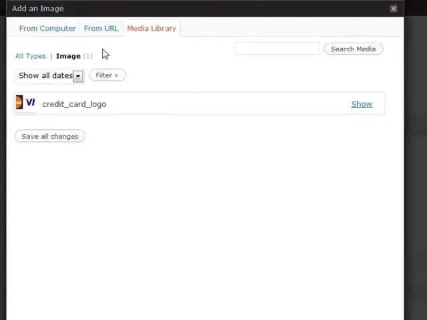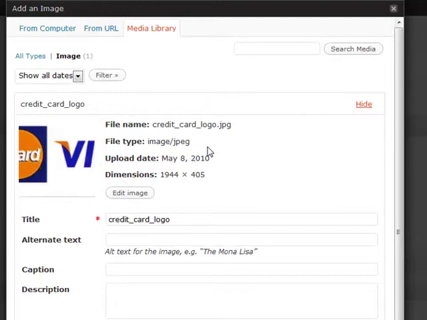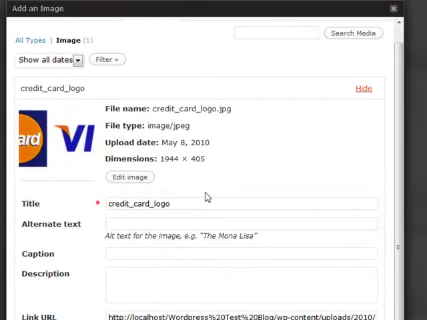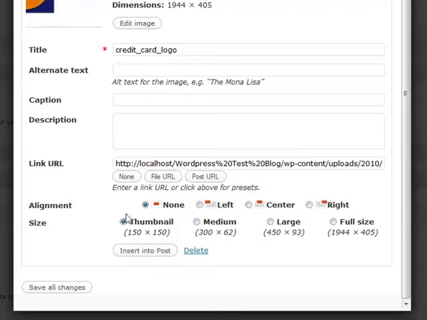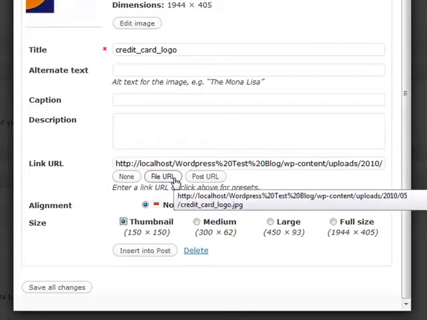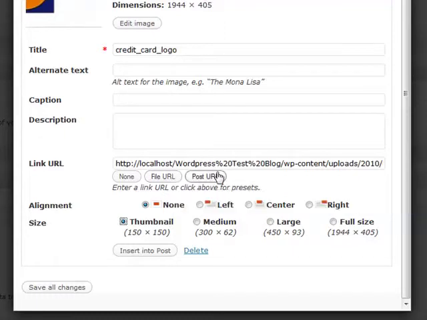So we're going to go to our Media Library. We're going to select this thing that we uploaded, and we're going to have the ability to do a couple things here. We can once again edit it right then and there. We can insert a thumbnail version of it, or the actual full size or a medium version of it, and that way we can save space on our blog, especially if it's so big it starts to break the theme. And what we can do is we can put the thumbnail in, and we can have a couple of different options here. The link URL can go to either the full file, which is the image, or let's say the PDF or something like that, or just the post URL, which is basically the attachment to that individual